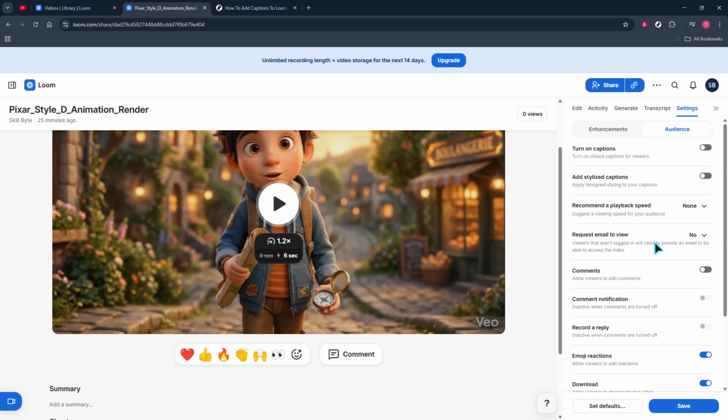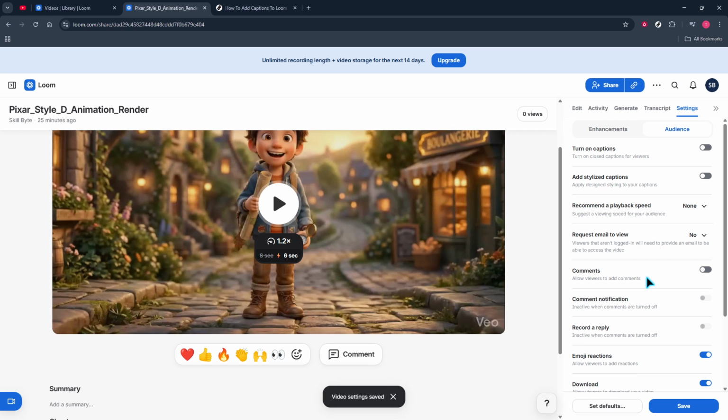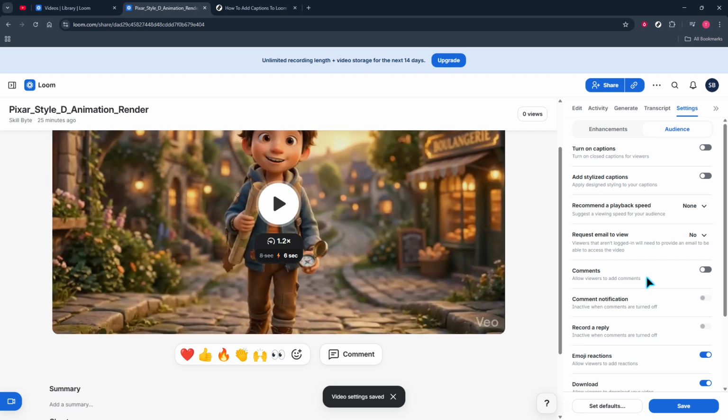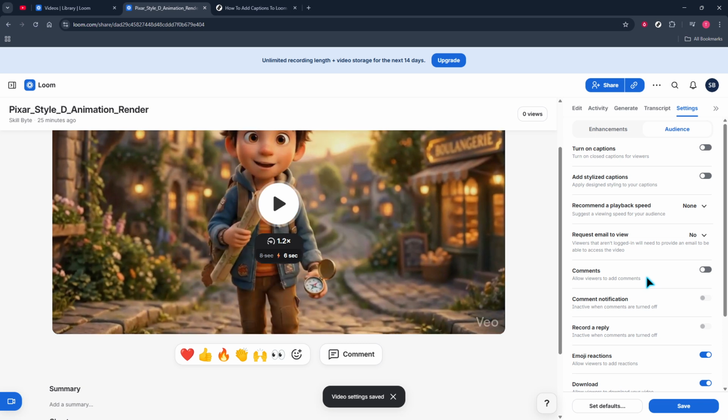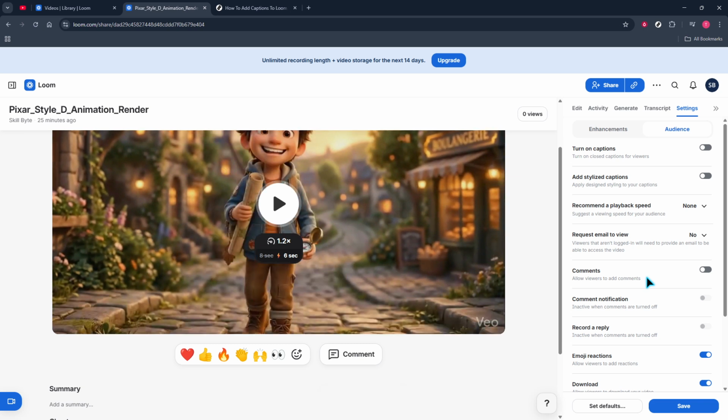time. A few quick tips as you wrap up. If your screen is narrow, some options might be tucked behind a menu, so try widening your window if you don't immediately see Settings or Audience. After turning off comments, consider playing the video's share link in a private or incognito window to confirm the viewer